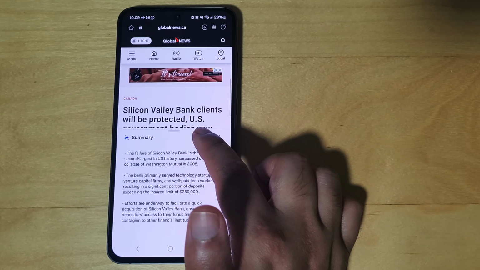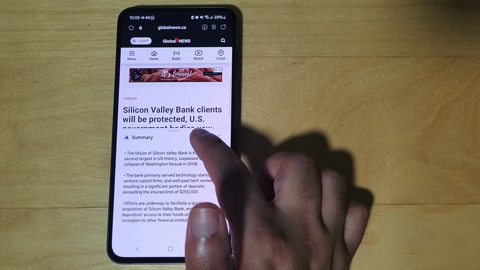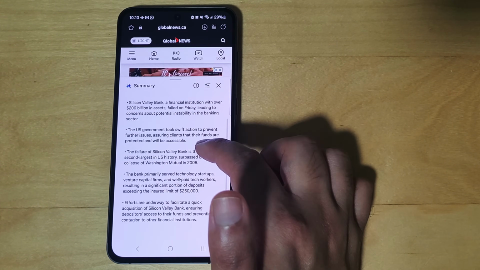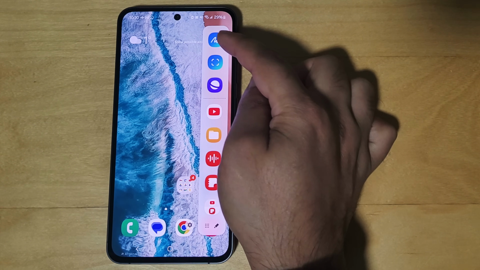And you can actually expand on this. If you tap the button here and tap Detailed, it will just add more information to those bullet points. This is a great tool for researching. Okay, here's another AI tool from the Edge panel. Swipe to open the Edge panel, you will